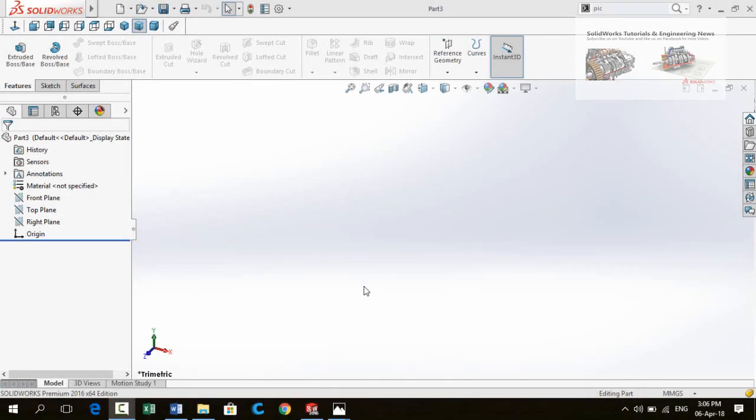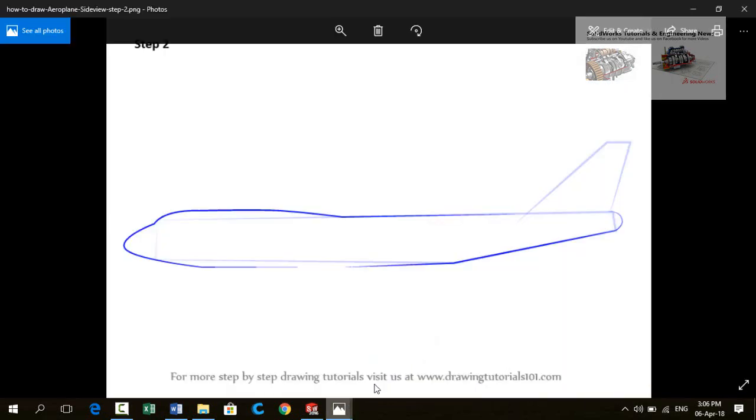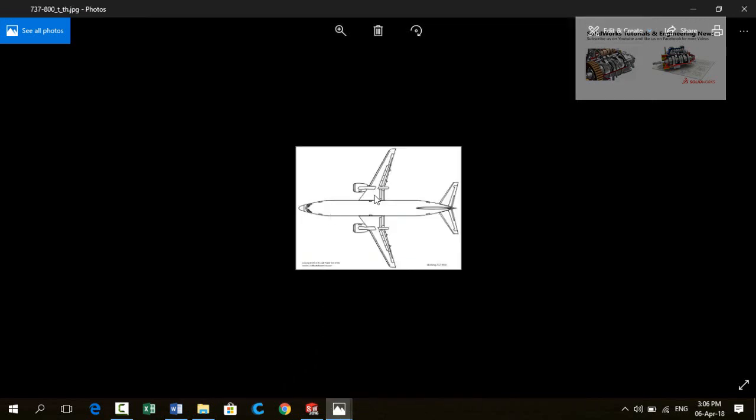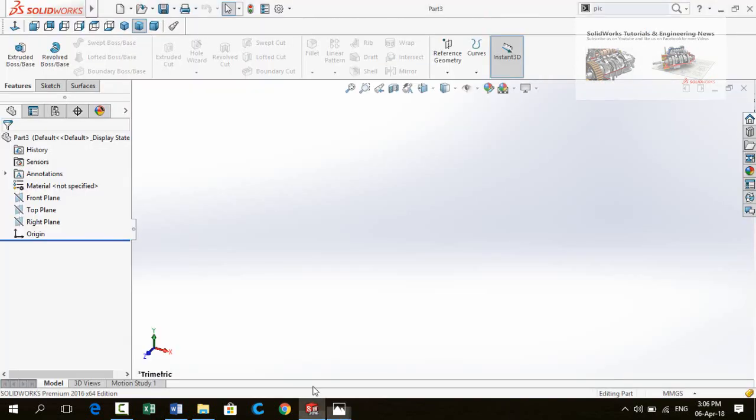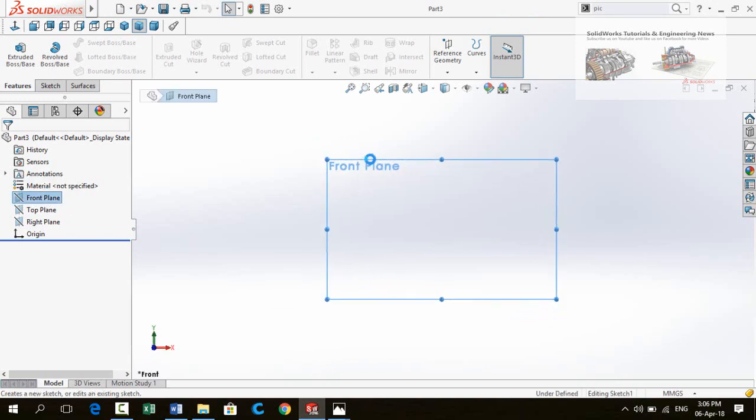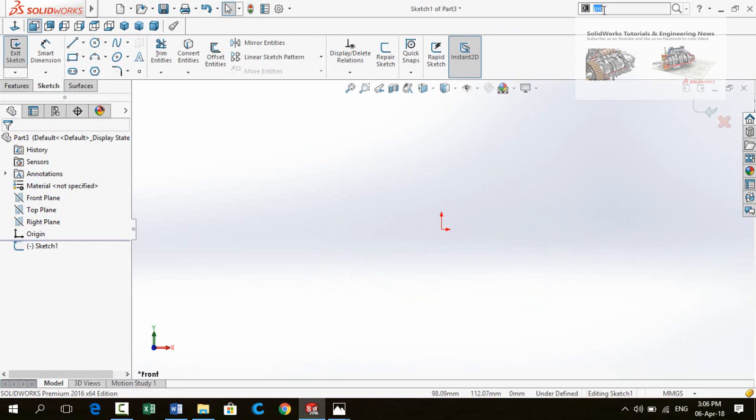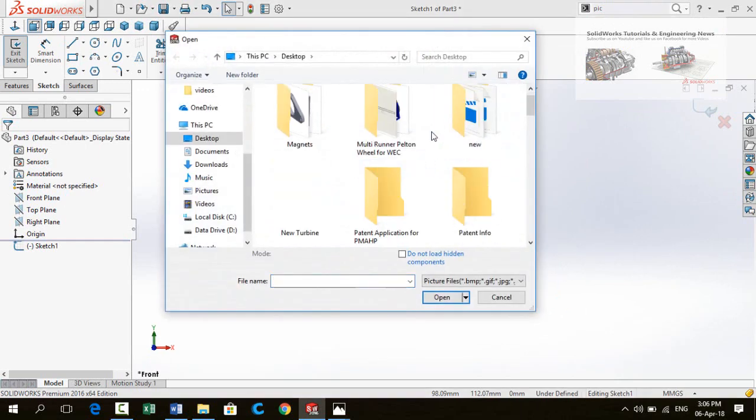Let's start. First of all, you have to download the pictures of Boeing 737 from Google. I have downloaded these two pictures from Google for a reference guide curves, which will be used as a guided curve in loft option. So click on front plane and then sketch on it. Now type here picture and then select sketch picture and import